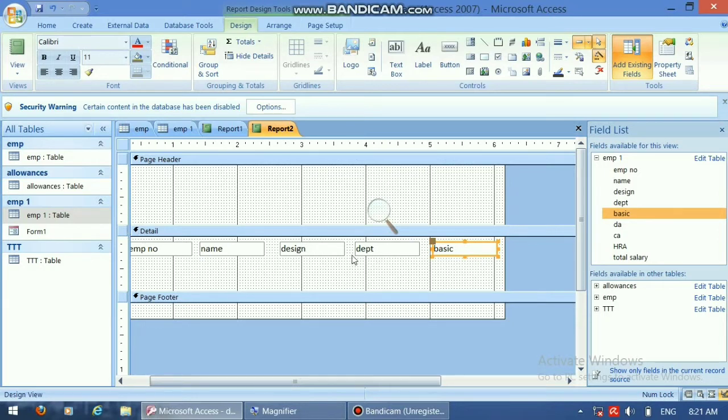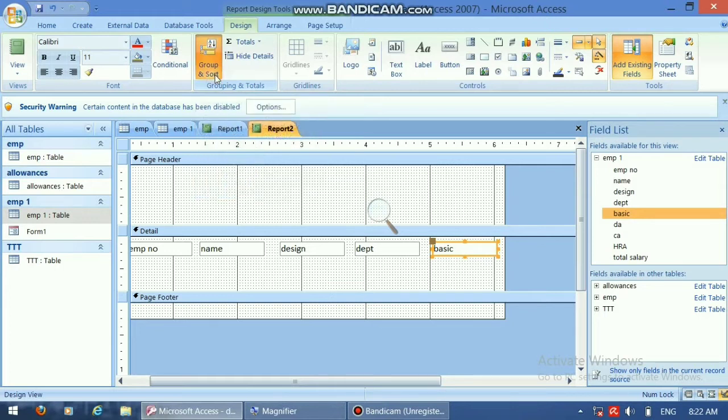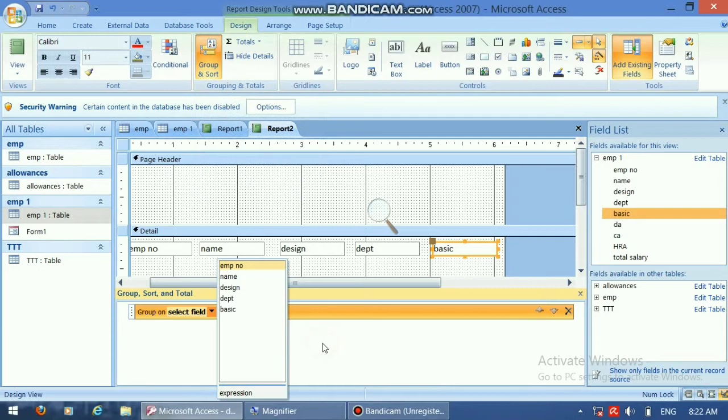Now if you want a department wise salary report, you need to group. So click on Group and Sort, and add a group. Now select the field department. You select the department.